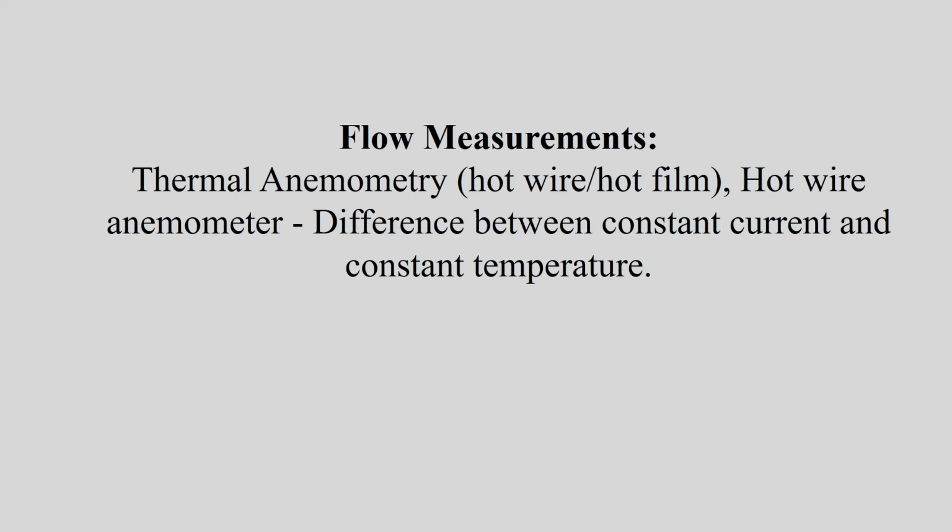Today we will continue our discussion on flow measurements. In fact, we have started our discussion on flow measurements, but today we will discuss another module, that is thermal anemometry, and we will see the measurement technique, rather how we can measure flow. If we try to recall what we have discussed, flow measurement is basically three important flow characters: it may be volumetric or mass flow rate, or it may be point velocity measurement, or it is the determination of the flow streamline.